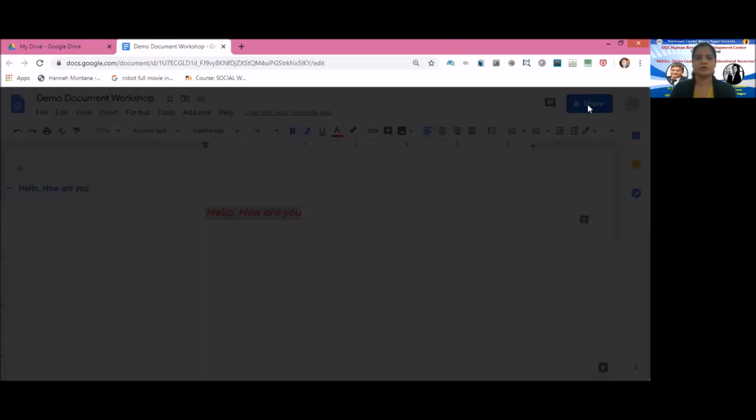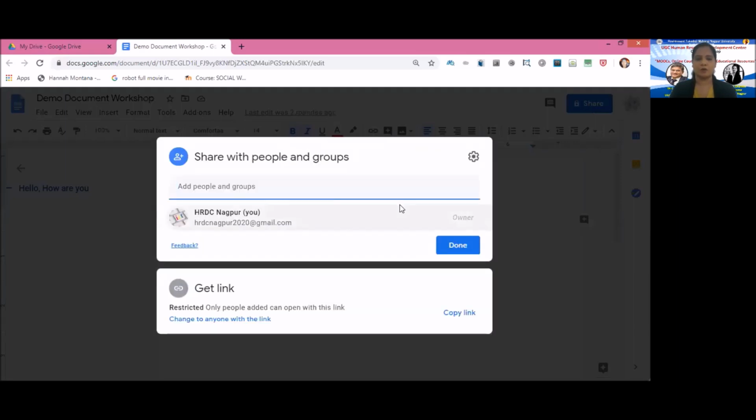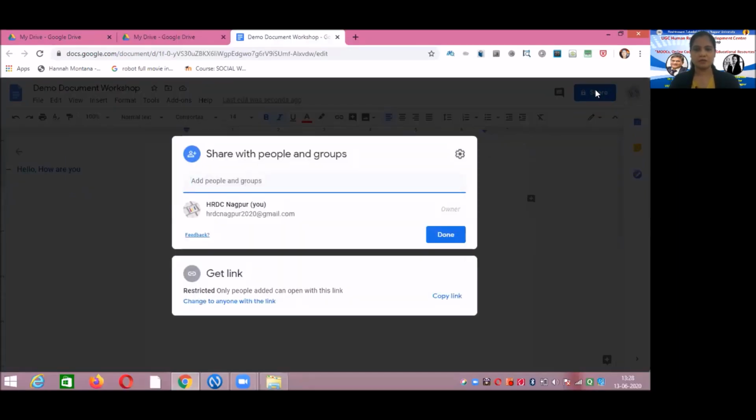After clicking on share, a new window will pop up. These two are the important aspects which anyone has to understand. The first one is share with people and groups.